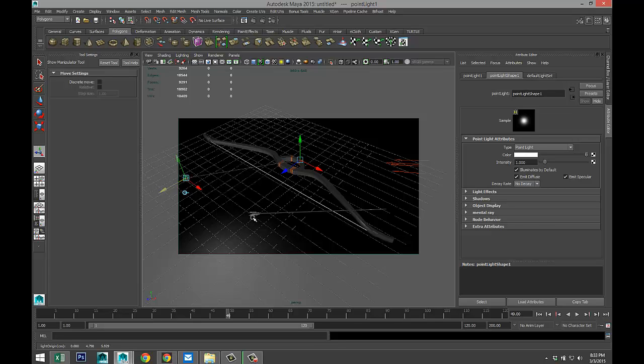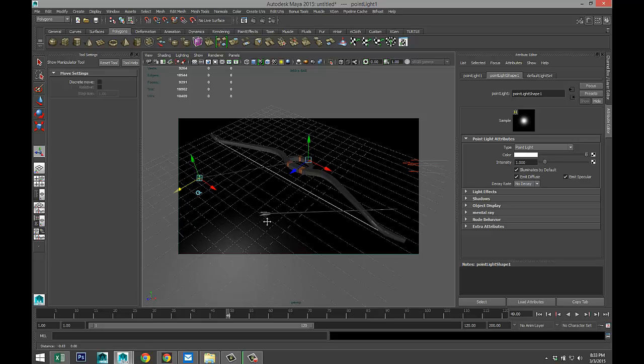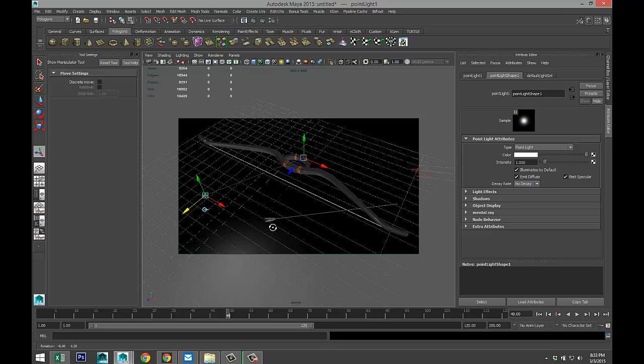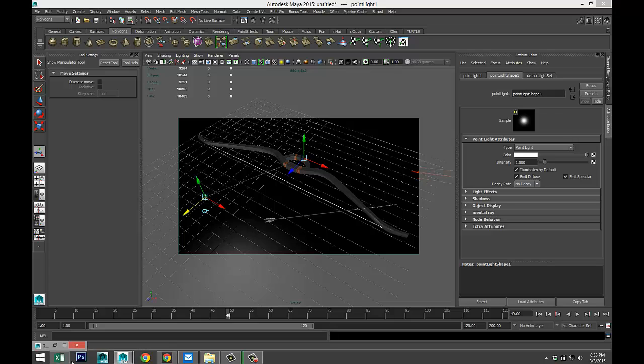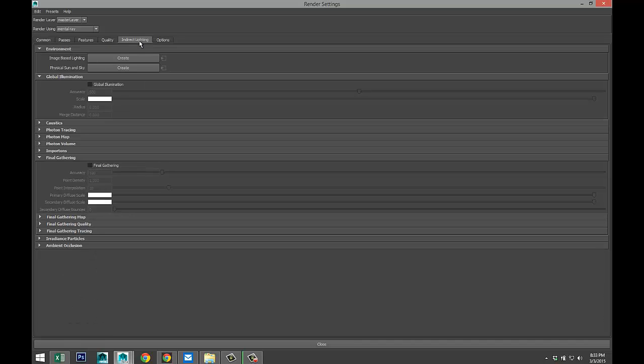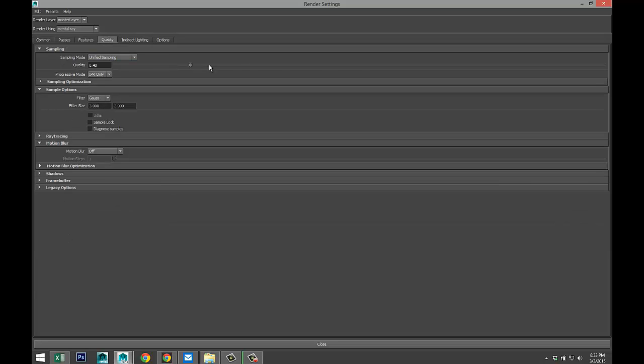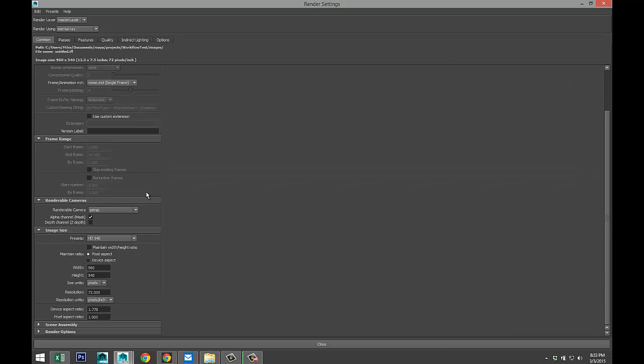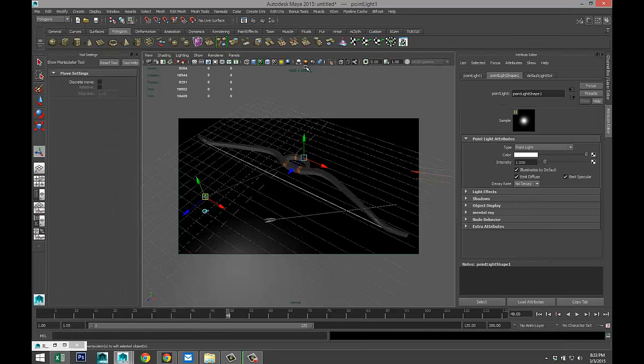And I think we're going to have to do a trial render to see what our guy is doing, but maybe it's too dark. We'll see. I'm going to do a quick test render, okay? So our render settings, mental ray, because of our mental ray material, indirect lighting, global illumination, final gathering, quality tab, 1.5. Let's do HD 1080. And let's give this a try. I'm just going to pause the video, be back after the render, okay?